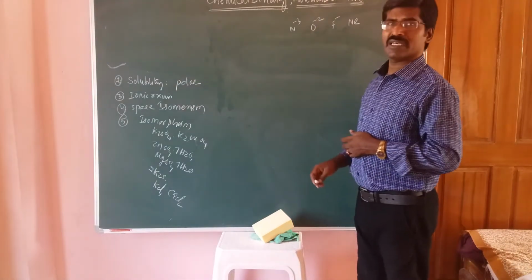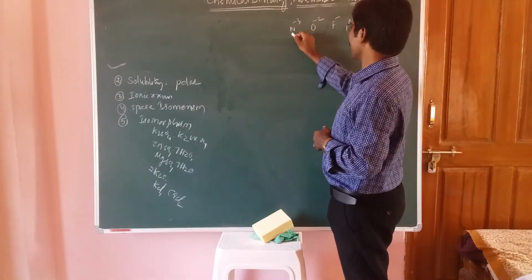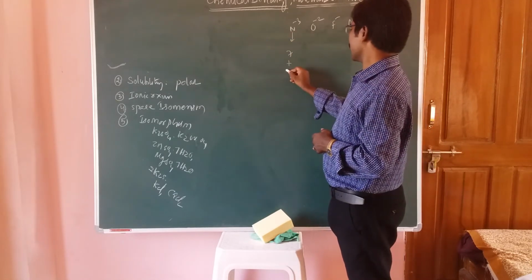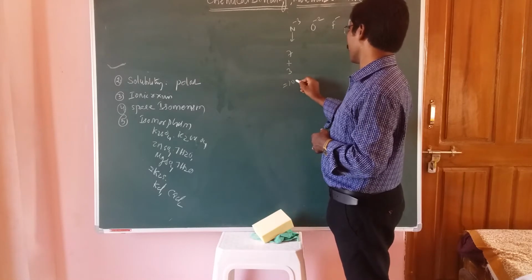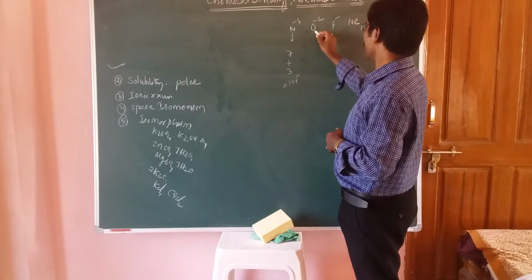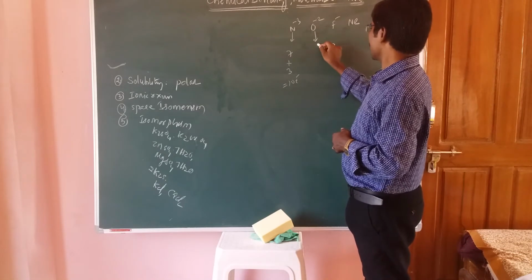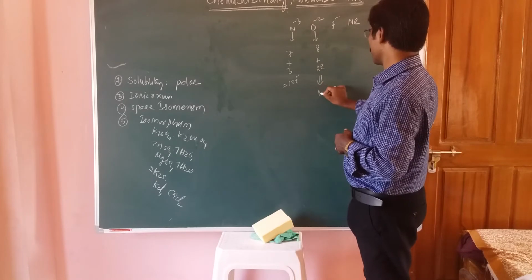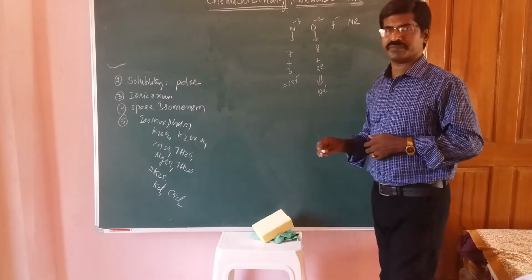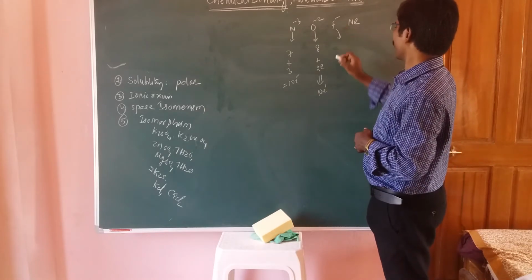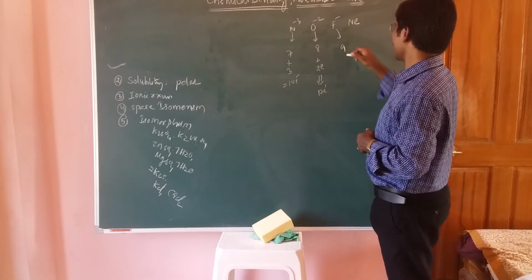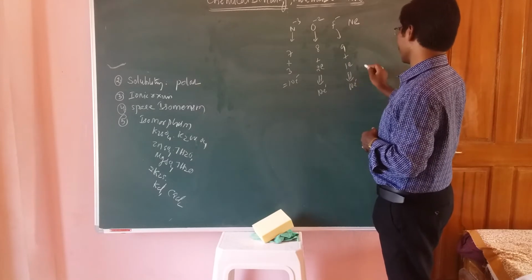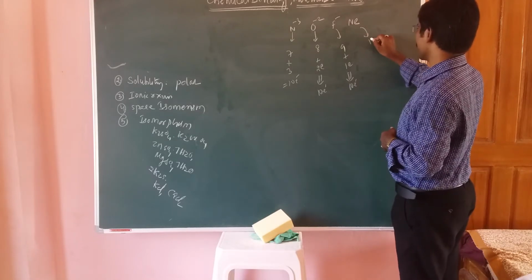Okay. Now here you already know that one. The atomic number of nitrogen is 7, plus it adds 3 electrons, which gives rise to 10 electrons. Okay, students. Now here you should go to oxygen. Oxygen has atomic number 8, plus it adds 2 electrons, which gives 10 electrons. And in the case of fluorine, fluorine has 9 electrons but it gains 1 electron. Now 10 electrons are present. In the case of neon, okay students, these are the 10 electrons.